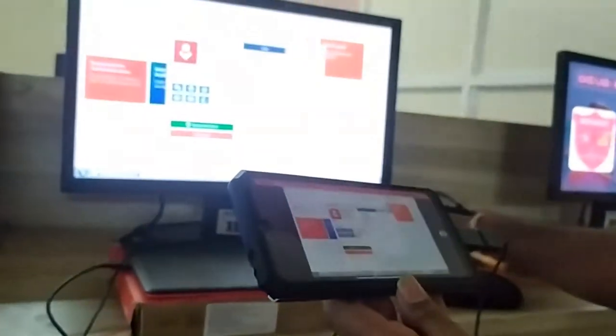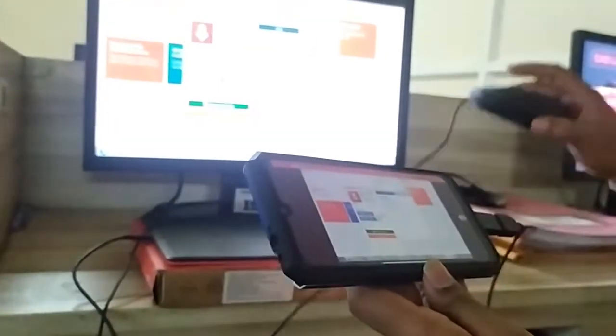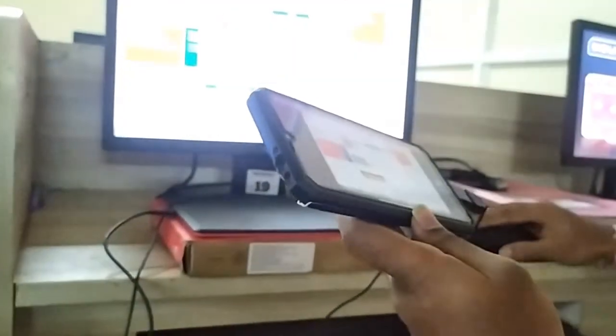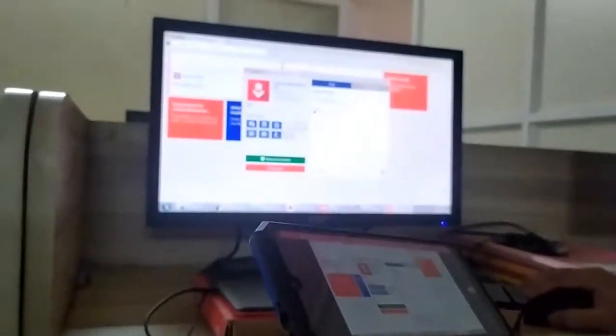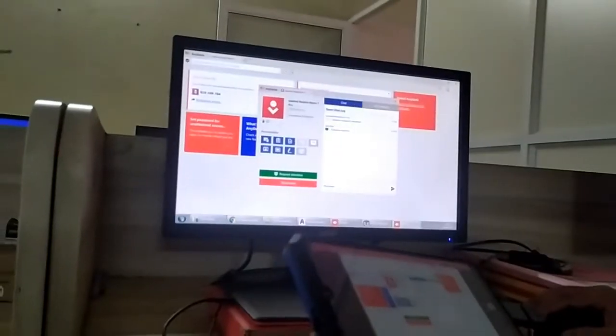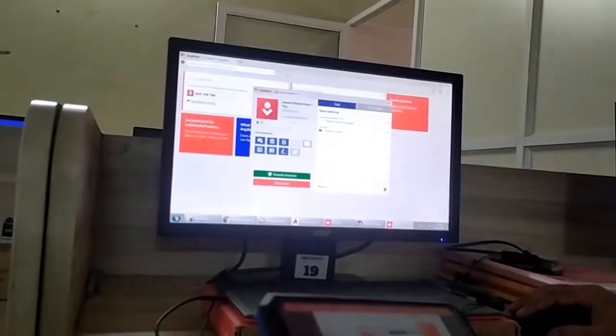And now using the mouse that is connected to the mobile. So now this mouse is connected to the system. You can see it is connected to the system, and this mouse here is connected to my mobile, and with mobile I'm able to move it. So you can see that a cursor is moving here on my desktop when I'm moving that in my mobile.